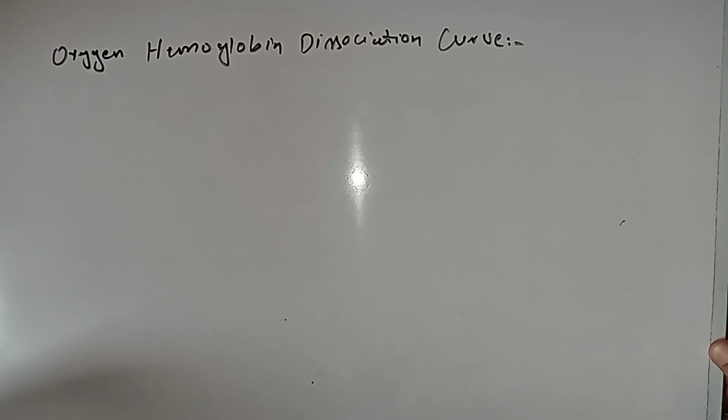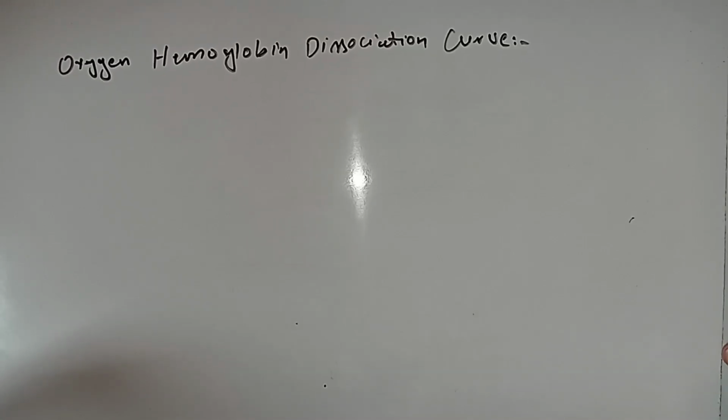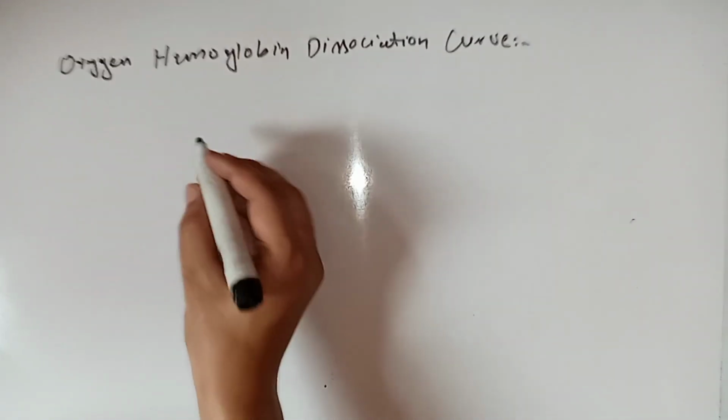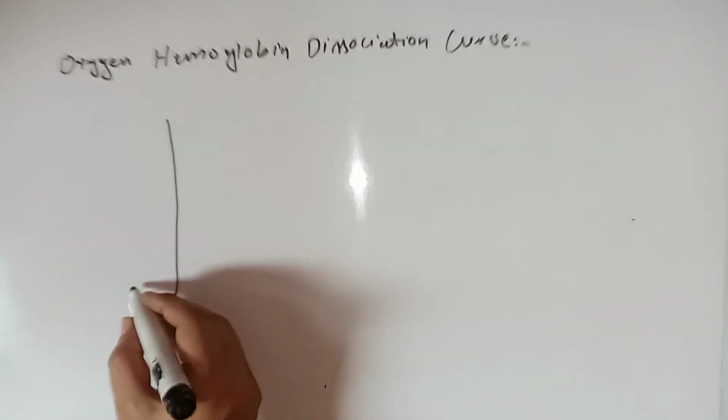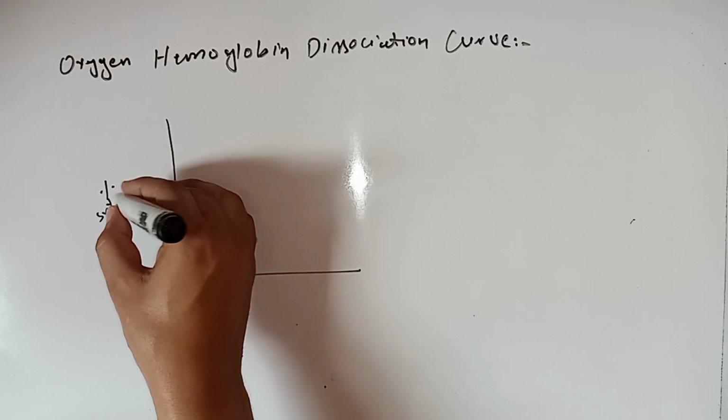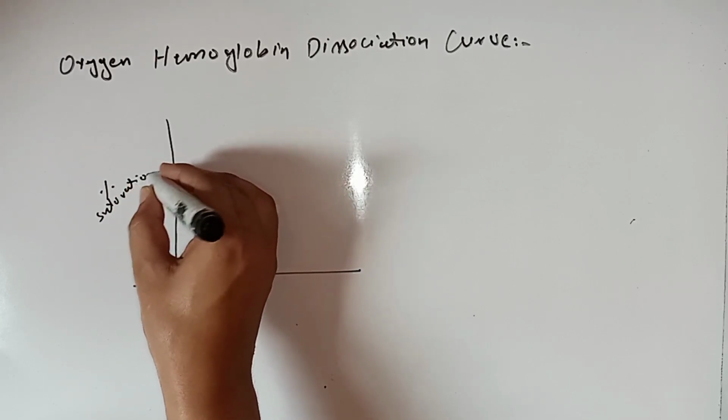In this video we are going to discuss the oxygen hemoglobin dissociation curve. This is a very important topic from the exam point of view, and it has many important concepts. The oxygen hemoglobin dissociation curve is basically a graph plotted between the percentage saturation of hemoglobin and myoglobin and the partial pressure of